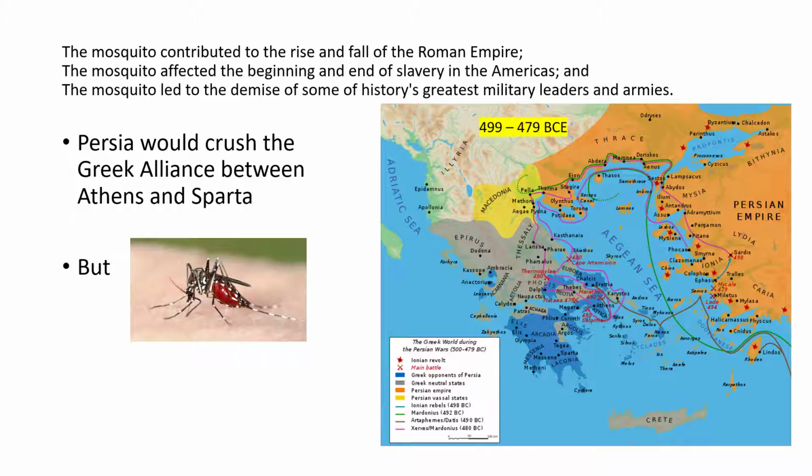But Athens and Sparta ended up getting rescued by a third ally, the mosquito. As the Persians invaded Greece and laid siege to Greek towns, they had to pass through and sometimes encamp near mosquito-filled swamps. A lethal combination of malaria and dysentery killed up to 40% of the Persian forces. As a result, at the climactic battle of Plataea in 479 BCE, the Persians arrived with a very weakened army, which the Greeks were able to defeat, effectively ending the Persian invasion of Greece.